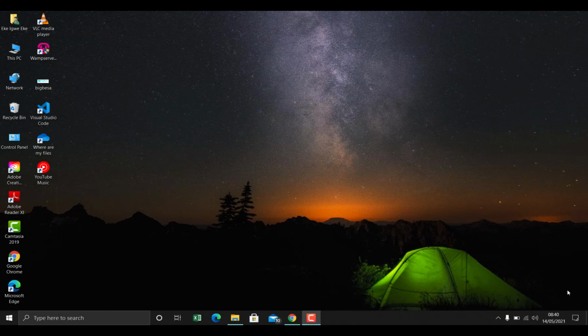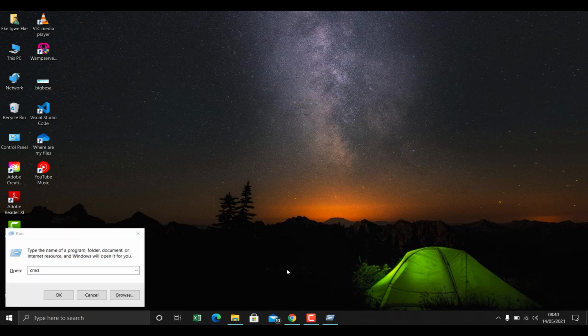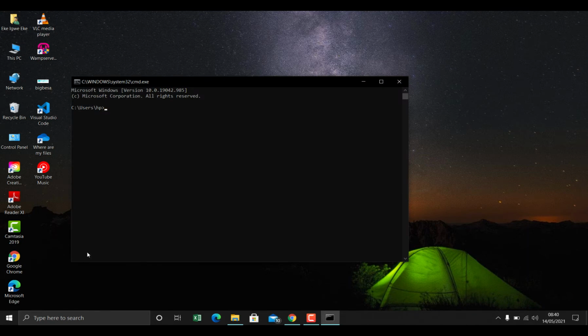So let's go ahead and set up our project folder. Since we are using React, we need to create a React application. So quickly, I'm going to use my command prompt to do that. Go ahead and open your command prompt. Good. So I need to navigate to the exact folder where I want to save this Gmail clone application in. So I'm going to go to my